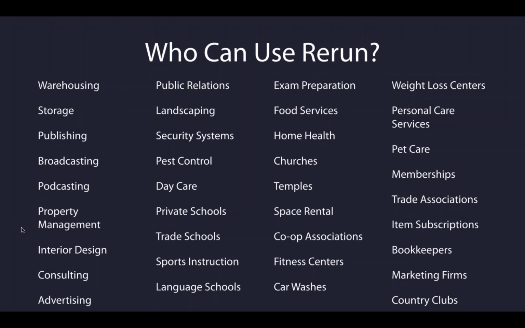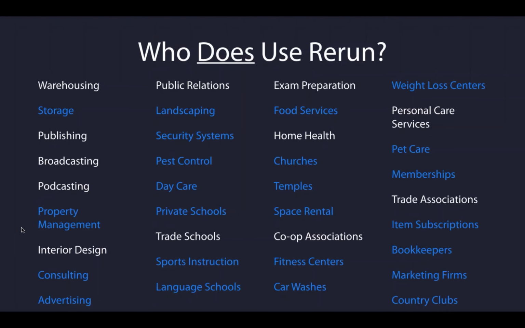As you can see, we have a vast variety of different businesses using our solution. So these are just some that are currently using us. They all have one thing in common. They want to automate the recurring billing. Everybody's different. We have nonprofits, we have schools, we have daycares, we have landscaping to security systems to marketing agencies. So it just spreads along a vast variety of different business types.